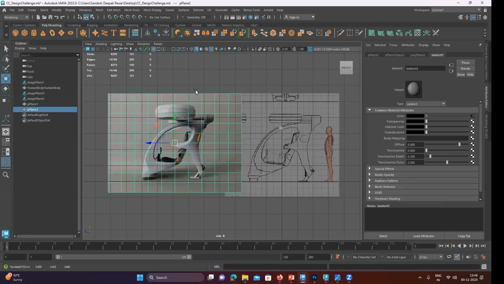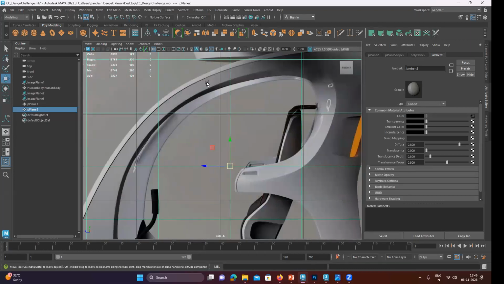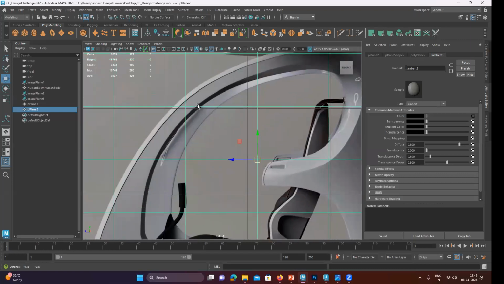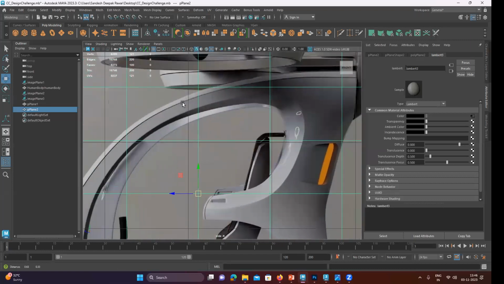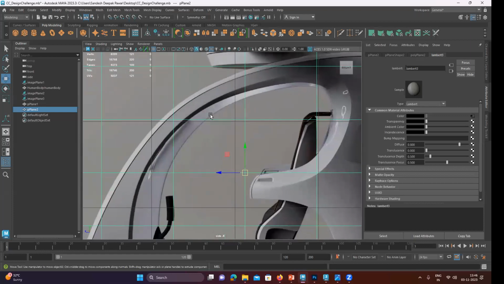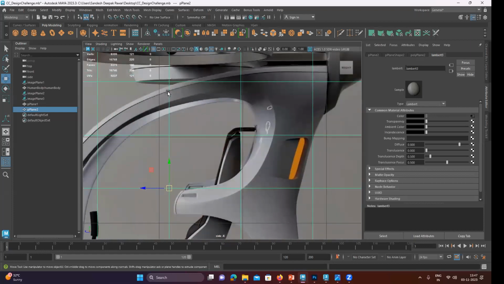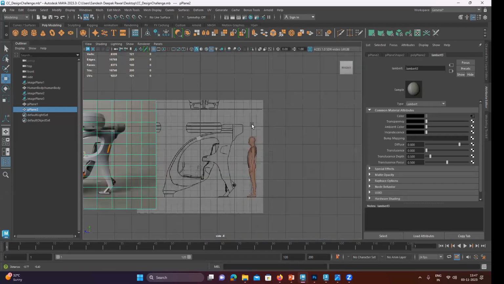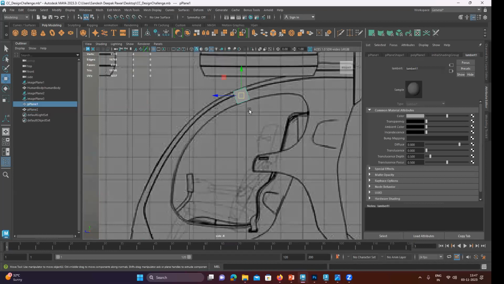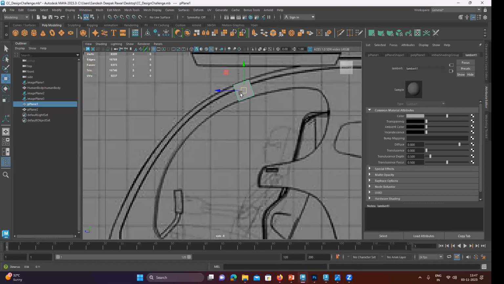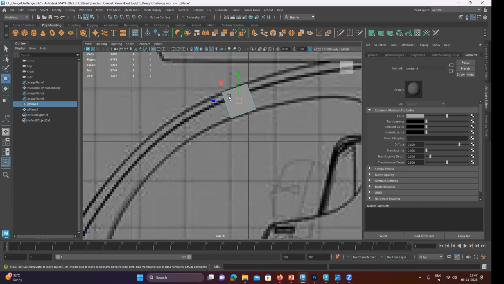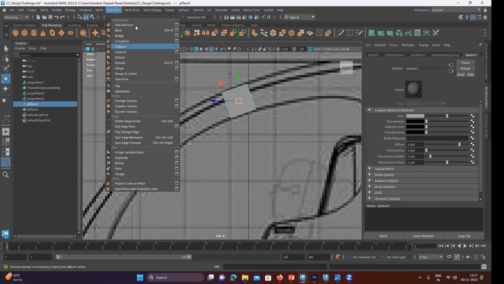Now you can see this particular part which I want to start with. Okay, so what is your method? You are separating this out, or maybe you block the entire thing, and then you can add this particular cut over here. What my intention is, I'm just matching this reference with this particular part as well. In the later stage, I will add that embossing, the engraves inside that. Using all these tools,